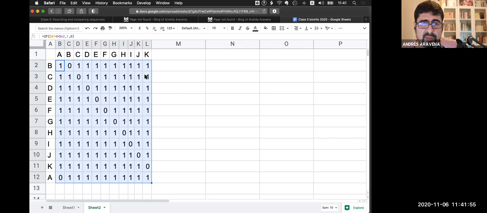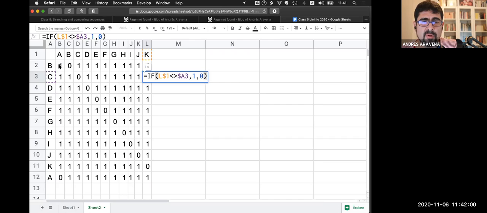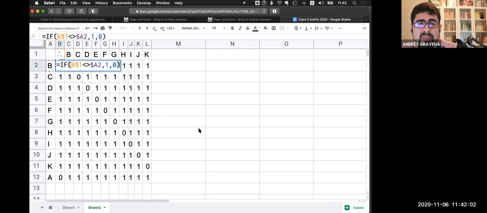Let me show you the formula again, just in case you missed it. If B$1 is different from $A2... so the dollar doesn't change the formula, but it changes how the formula adapts when you copy it. So this is the opposite version of the two. It is kind of transposed in the sense that all ones should be... It is the typical problem that happens because